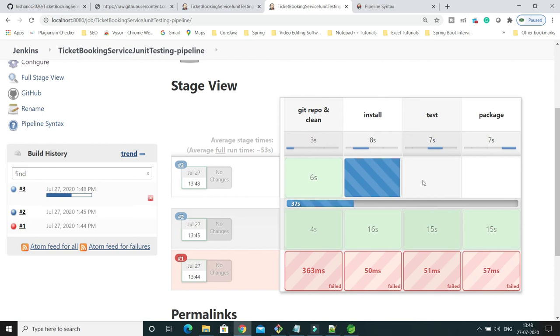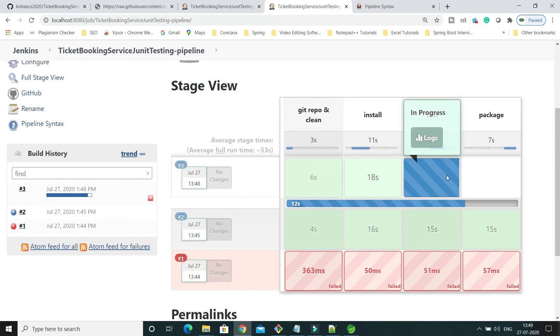I hope this time it should succeed. So git repo and clean has succeeded. Now install has also succeeded. Now test cases are running. Test cases are still in the running phase.